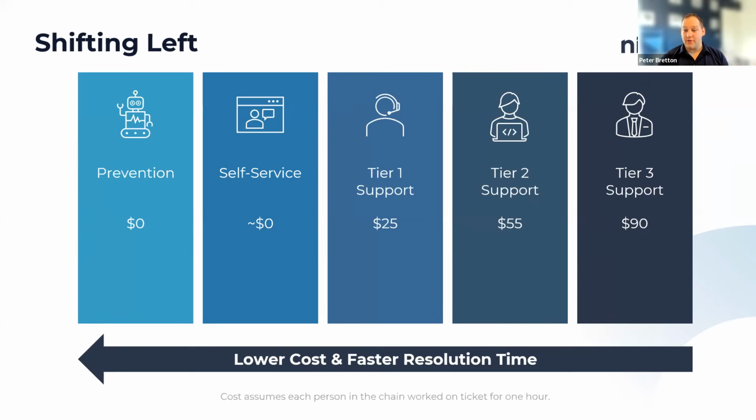You can even go a step further, or 2 steps further, and use self-service and prevention to shift all the way left, right? So far left that a ticket's never created, that a problem never even comes up, right? So, for example, you could detect an unexpectedly stopped service and automatically restart it. Therefore, end users never feel an interruption, and therefore a ticket's never created, or a ticket's created, but it's automatically